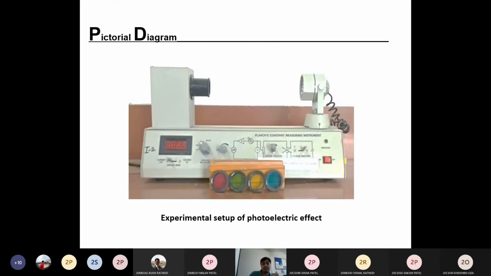So here we can see this is the experimental setup of photoelectric effect, in which we can see this is our white light, मतलब कि वो जो bulb होता है, right? LED. Yes. So that is a simple LED. So this light directly comes inside this photoelectric tube. Okay. तो इसके अंदर वो आएगा.